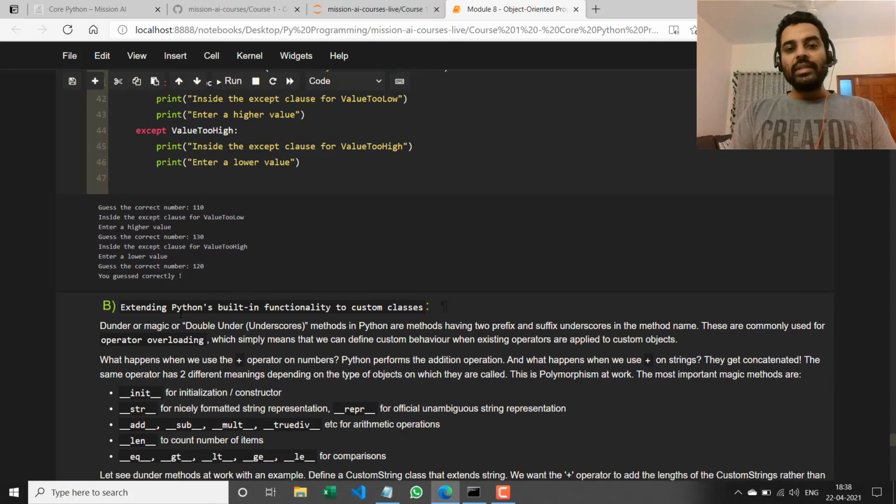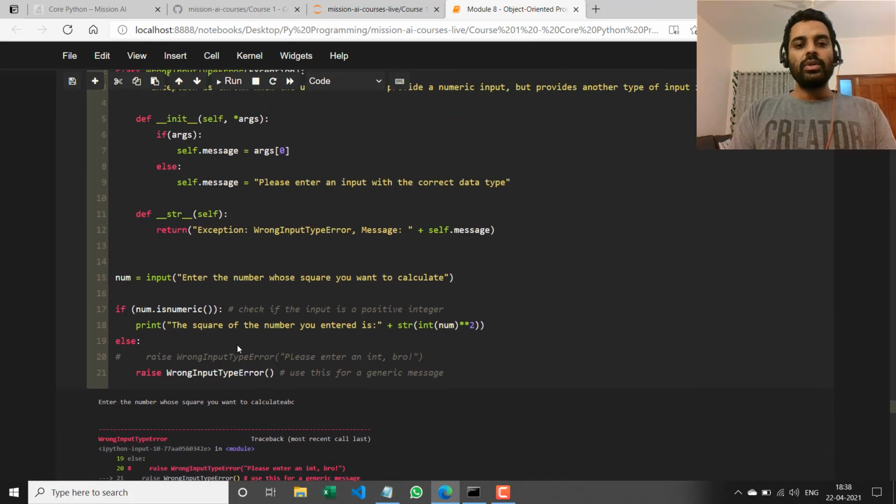Okay, so that brings us to the end of object-oriented programming. I hope you found this module useful. So just to recap, we've seen classes versus objects. We've seen what inheritance is, where the child inherits the attributes from the parents. We've seen subclasses and superclasses. We've seen polymorphism, which is where methods have the same name and signature, but Python chooses which method to execute at runtime. So we can override the default functionality of Python using this, right?